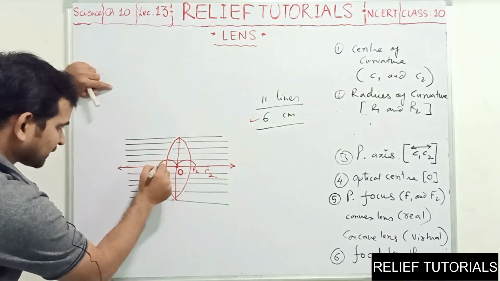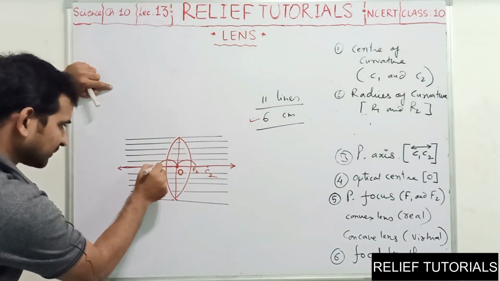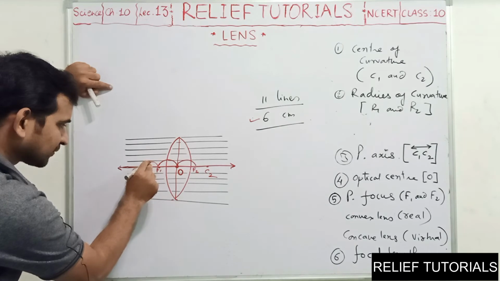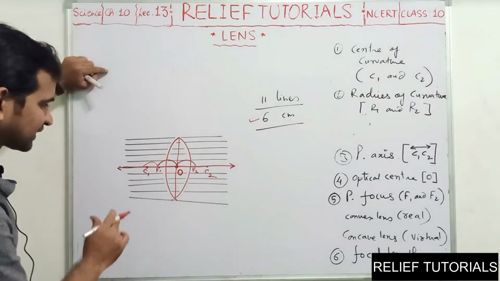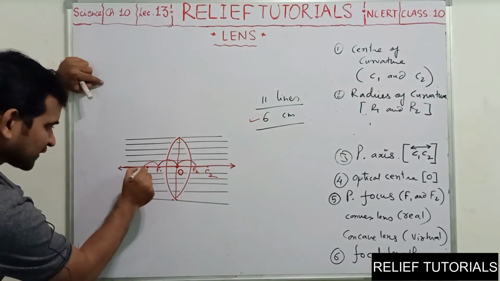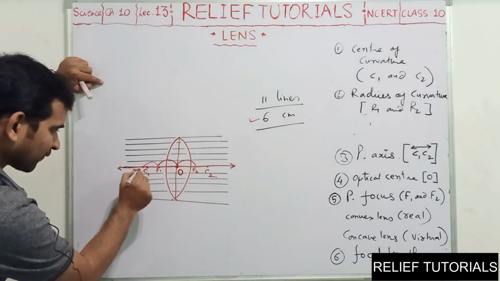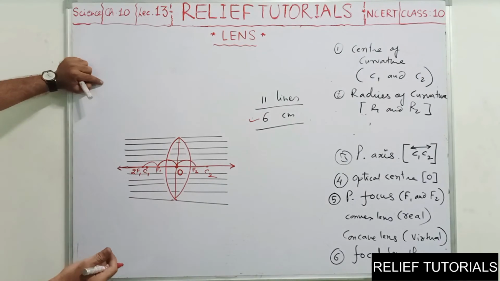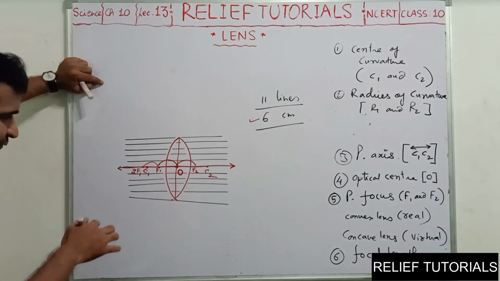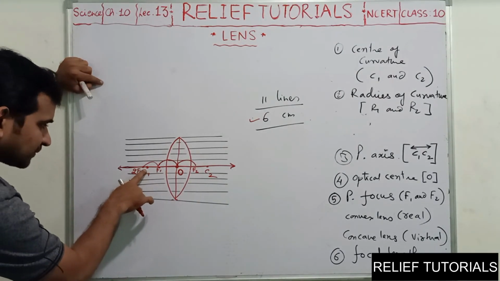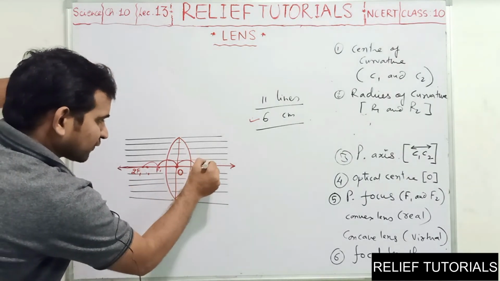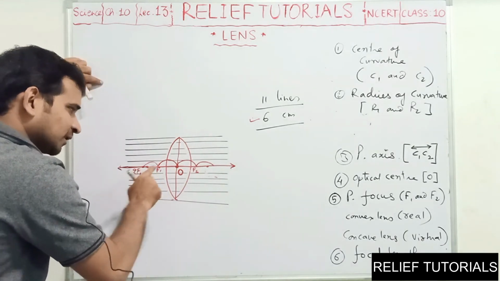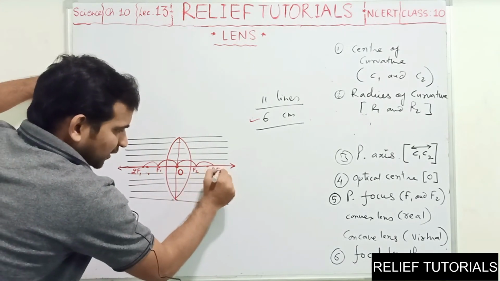Remember, if you jump more 3 centimeter, it will not be on C1. It is slightly away from C1. This point is called 2F1, meaning 2 times the focal length distance. So in the lenses, we have no importance of C. We have the importance of F1, 2F1, F2 and 2F2.